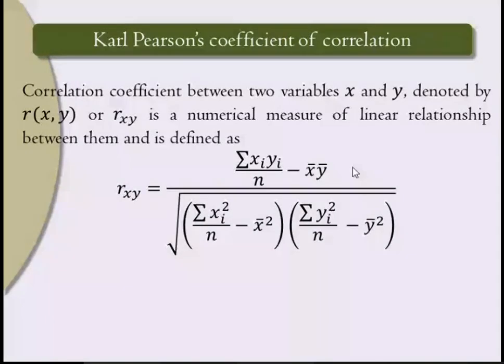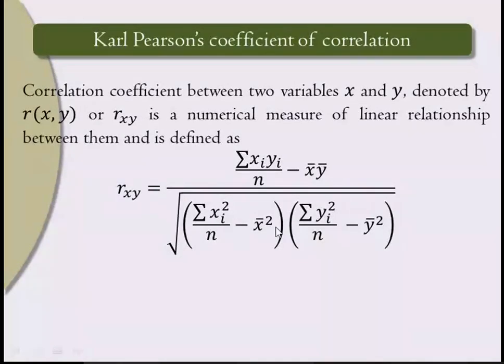We know what is x bar. X bar is nothing but the summation of all x divided by n. Y bar is the summation of all y, that is summation yi divided by n. If you look at this term, the square root of this term is nothing but sigma, the standard deviation formula. So this formula we have already learned: the square root of all this term is sigma x. The square root of summation y square by n minus y bar square is sigma y. Okay, so Rxy is nothing but summation xy divided by n minus x bar y bar,